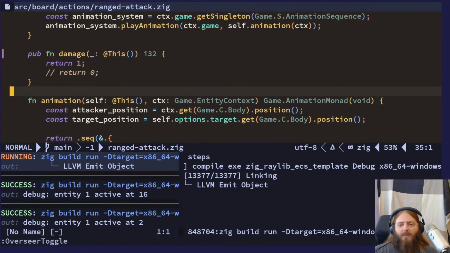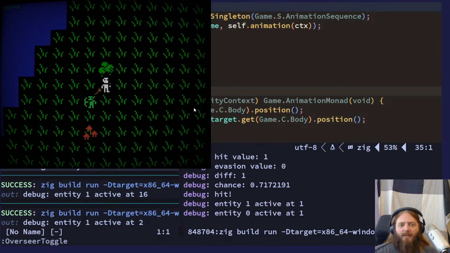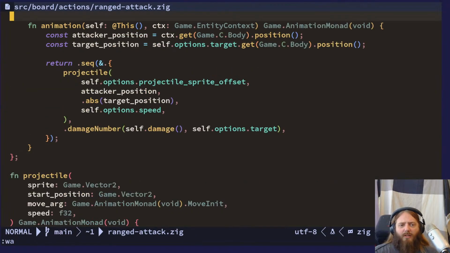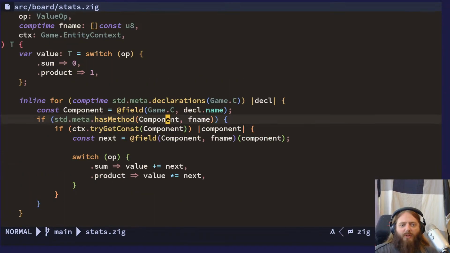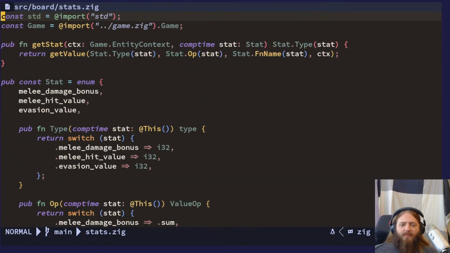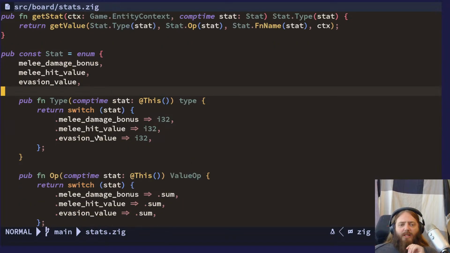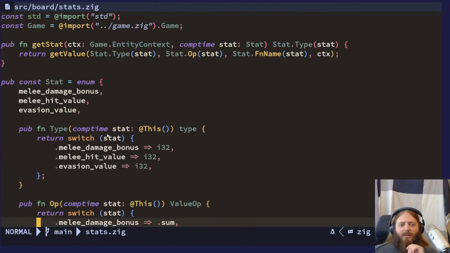Okay, I think that... What did we do, actually? I don't remember now. We have the number line, blah, blah, blah. I think what we did was this stat stuff. Yeah, we implemented a super generic way to get some kind of stat. So we have 3 different stats now. We have melee damage bonus, hit value, and evasion value, which we can sort of automatically get through